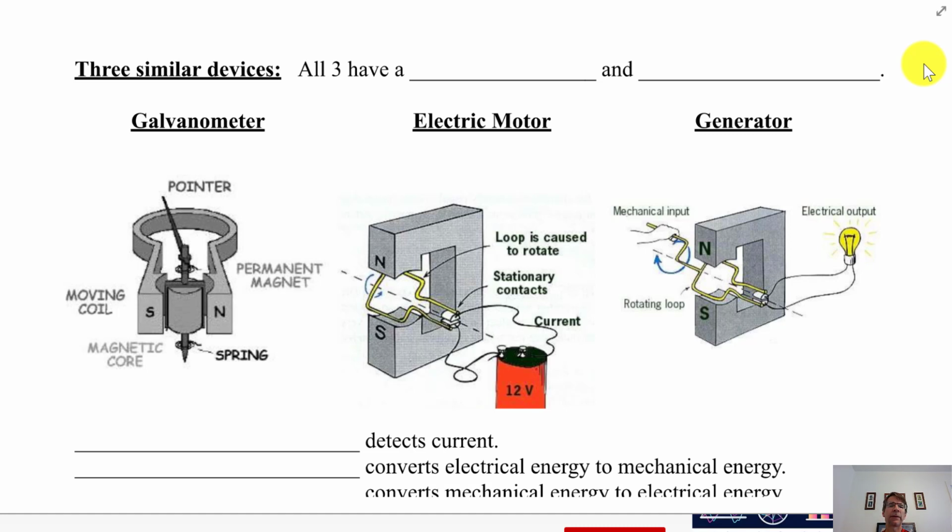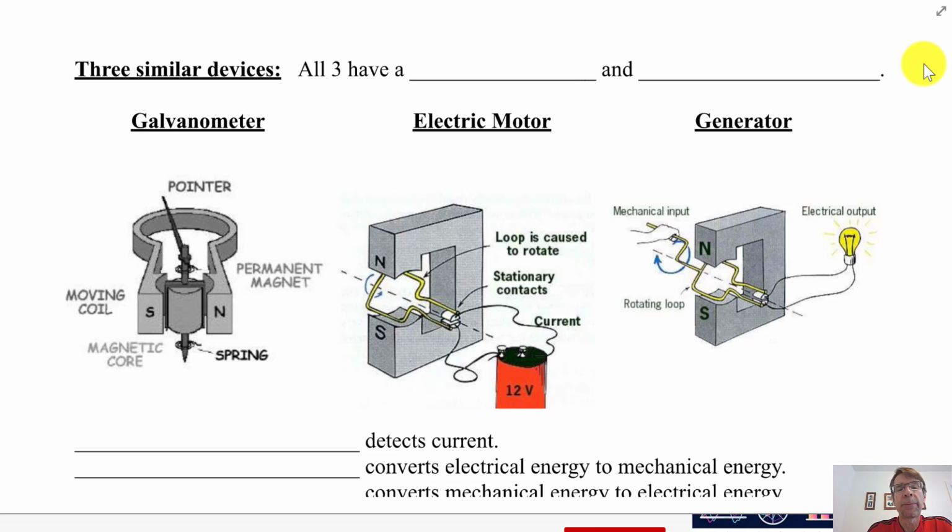And here we have three very similar devices that make use of magnetic induction or electromagnetic induction, Faraday's Law. Bottom line is these three devices are very similar, and you can almost easily convert one into another. Let me explain. All three of these devices, that I'll explain here in a minute, have at least a